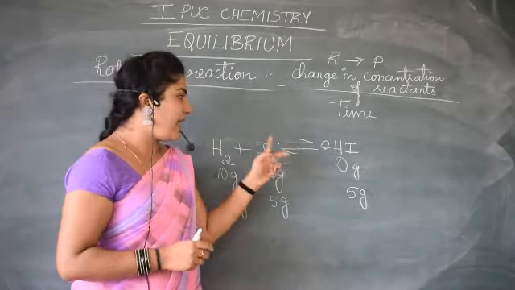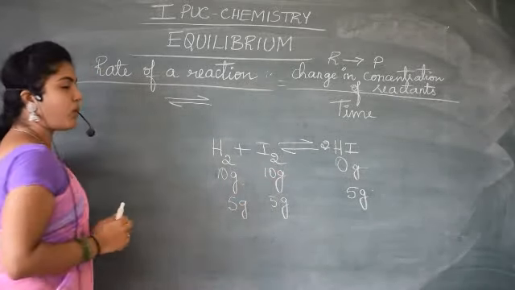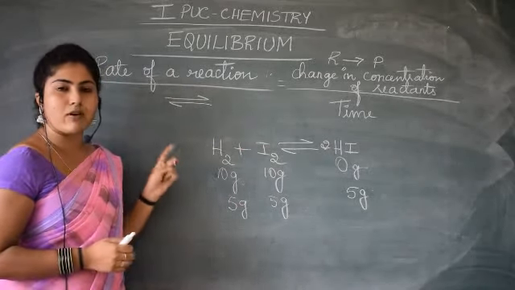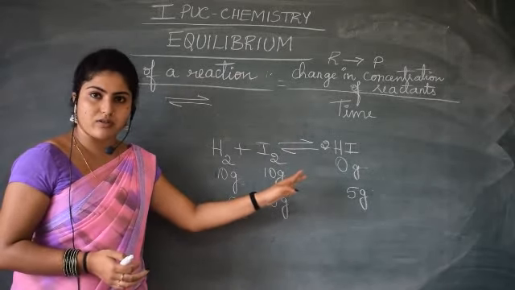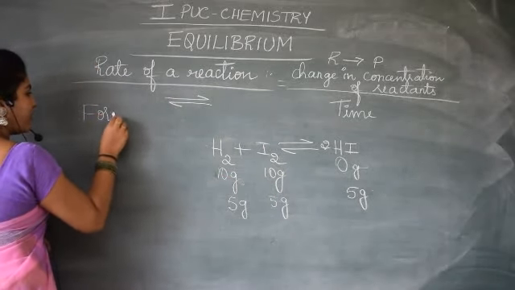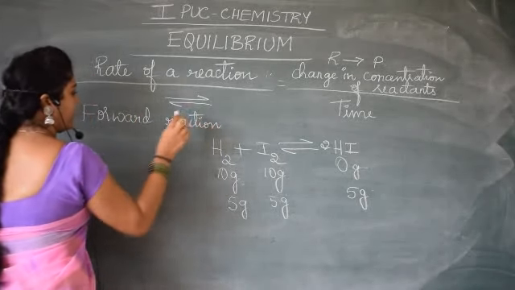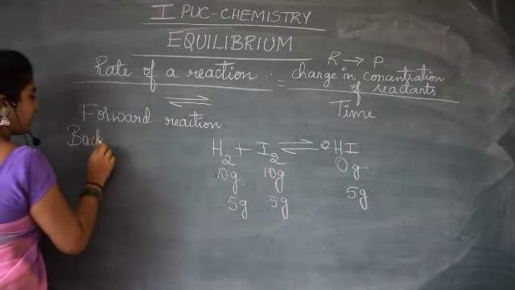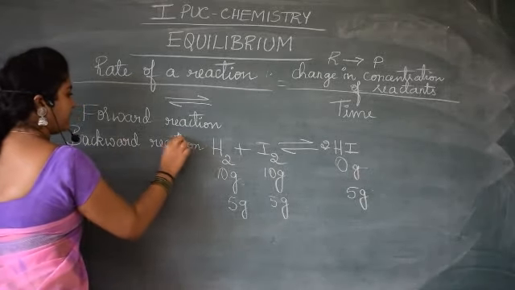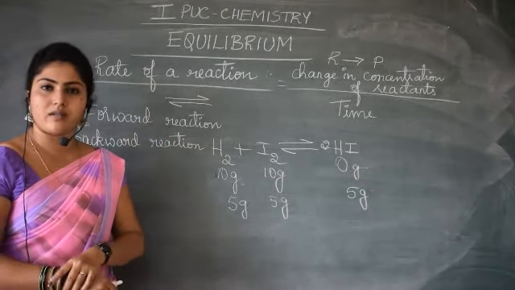Now the reaction, see, I have indicated it with the arrow mark this way, isn't it? Double-headed arrow mark. What does this mean? It means that reactant can form product, and product can form reactant. So forward reaction is also taking place, backward reaction is also taking place, which are the other terms that we come across. Forward reaction, backward reaction. These are again two important terms.